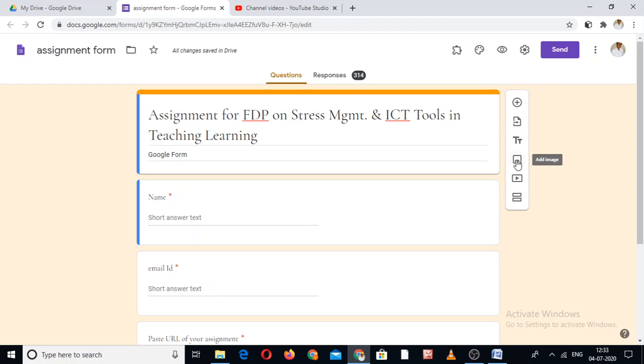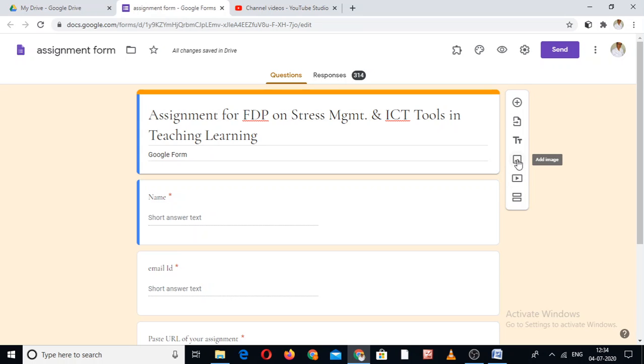You can add any image. You can add any video. Suppose there is one question you include in your Google form where the answer depends on the video. Once the respondents see the video, after that they will be able to give the answer. So for that you have to send the video also, the link of the YouTube video. There is an option in the Google form to add any video, and with the video you can write the question, and mention that first you see the video and then give the answer to this question. That is possible.